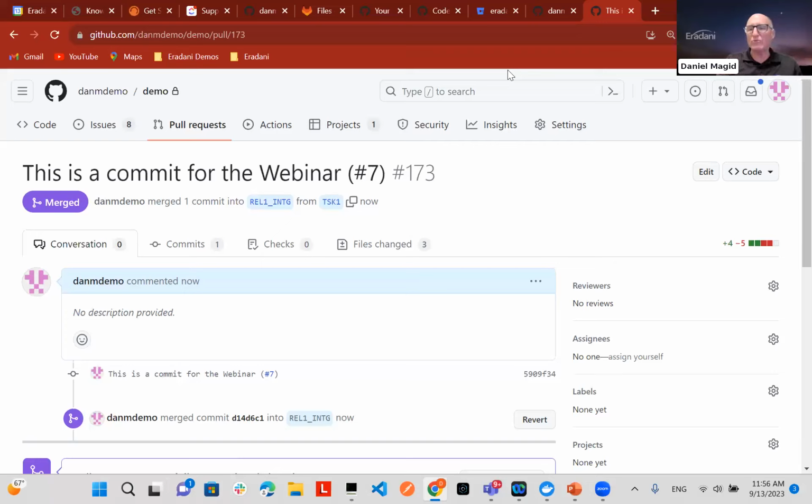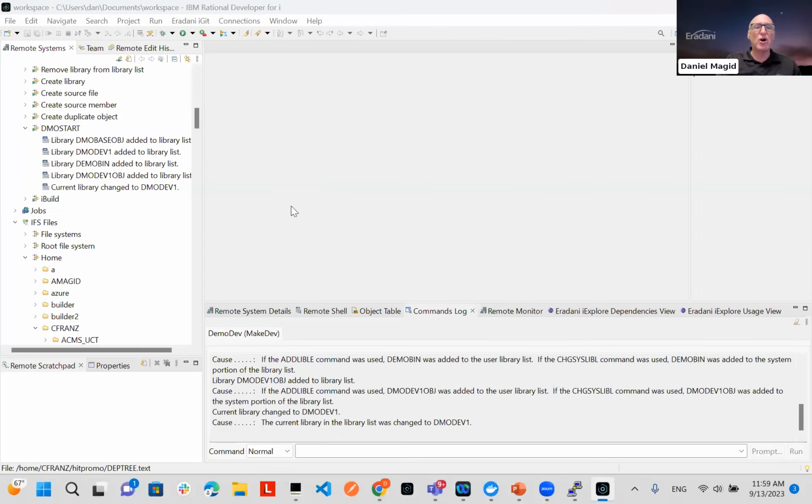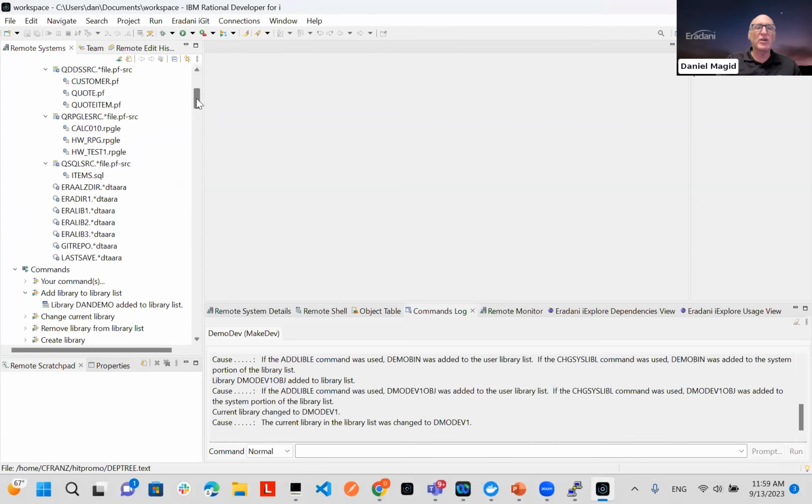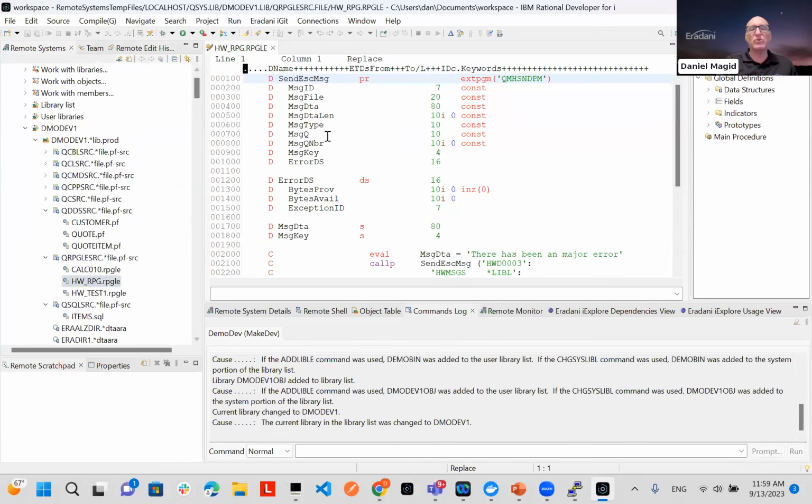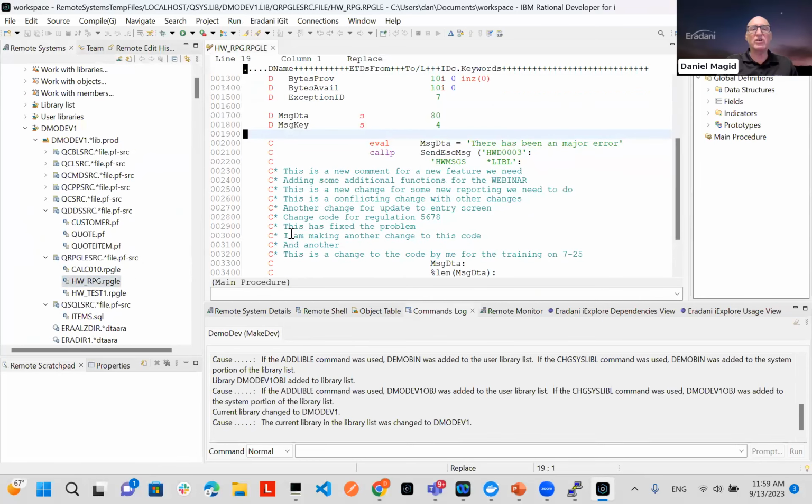Now, I know we're right up against time. Let me just do one more thing here just to show that you can also do all of these functions from, if you're an RDi user, I can go in and make changes to things directly in RDi. So I can say, I want to change an RPG program here inside of RDi, and I have access to all the Git functions directly from here. So if I go in and make a change here,